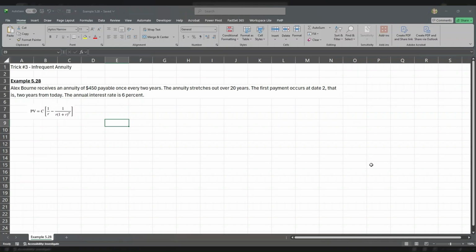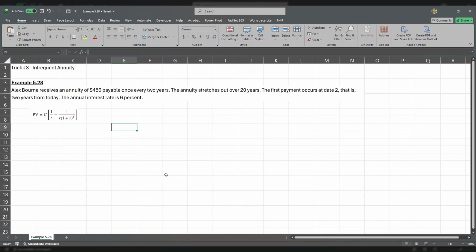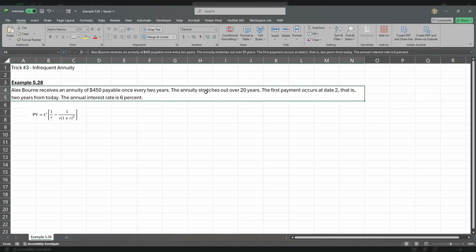Hello and welcome. What we have here is example 5.28, where there is an annuity of infrequent payment. So we have Alex, who receives an annuity of $450 payable once every 2 years. The annuity stretches out over 20 years. The first payment occurs at date 2, that is 2 years from today, and we're given an annual interest rate